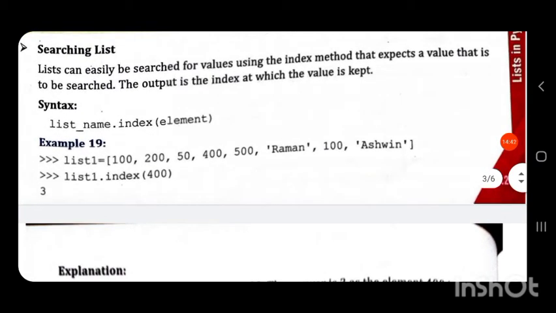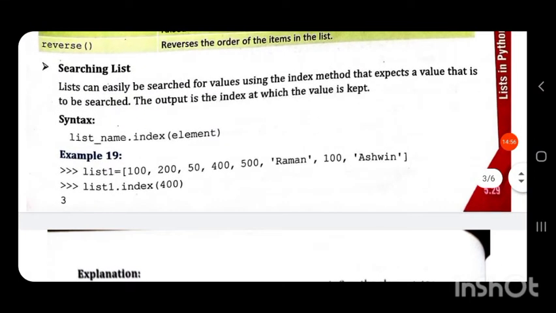Here we have a list. List1 is equal to 100, 200, 50, 400, 500, then a string Raman, 100, Ashwin. If we search for a value, it will return the index position where the value is located.